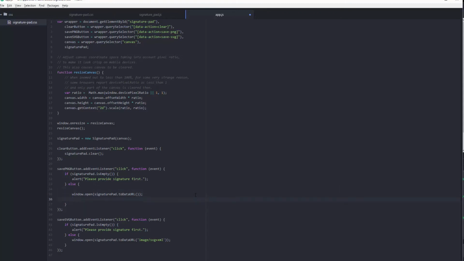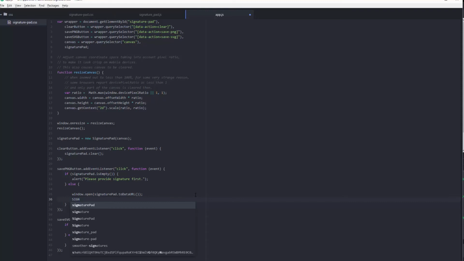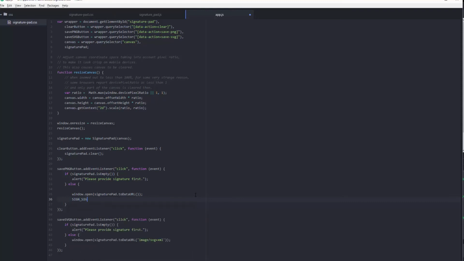This is the part of the script that is going to display the signature. Basically, it's going to encode the PNG file into base 64, and we will take advantage of that. Remember the name, the ID,